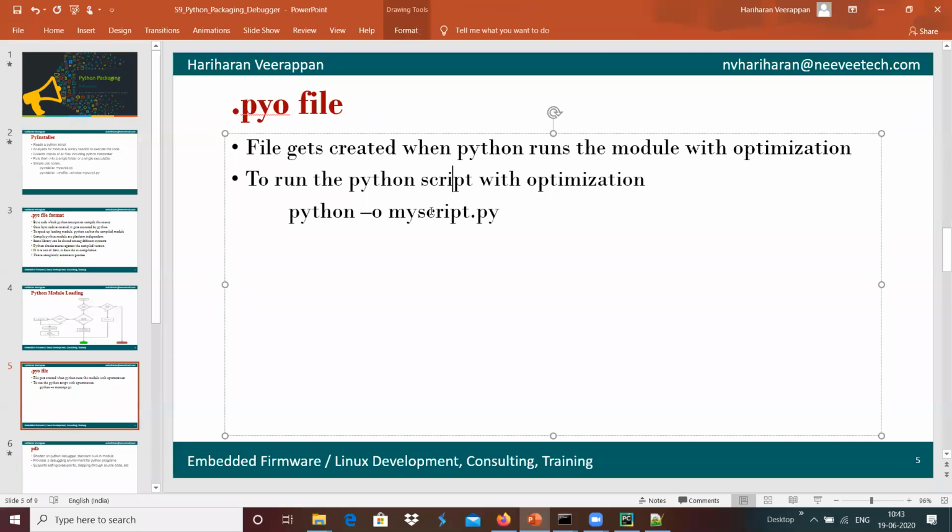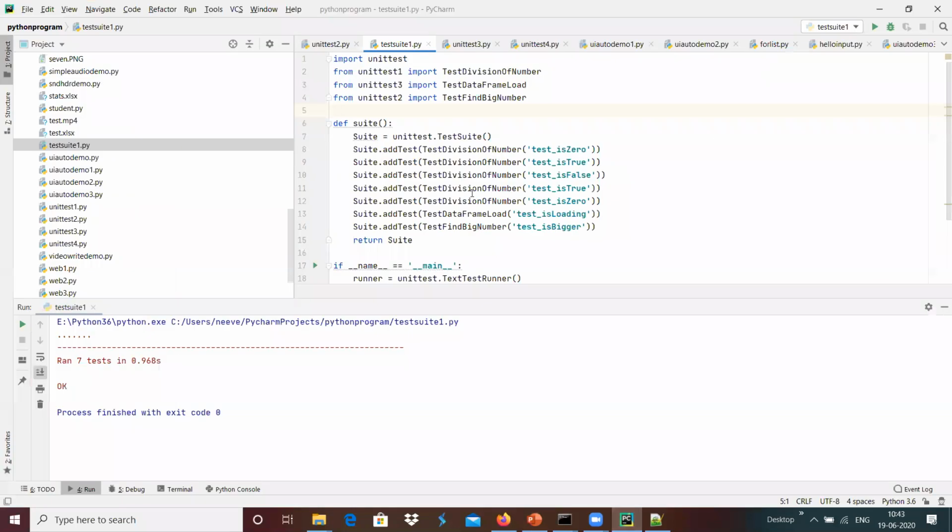And now we will see the Python debugger. How can we do debugging with PyCharm, and what are the different options? Maybe we will take a simple example.